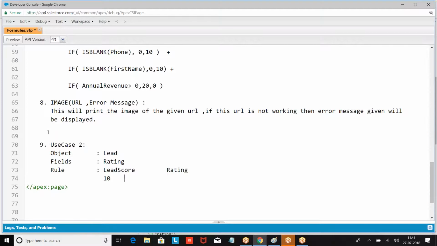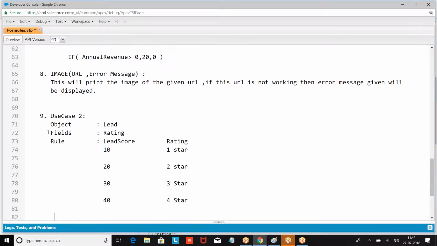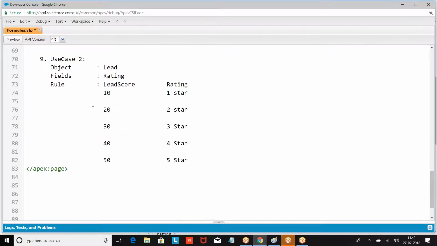If the score is 10, 1-star rating. 20, 2-star rating. 30, 3-star rating. Five-star. So we have 1-star, 2-star, 3-star, 4-star, or 5-star rating. This is the format.